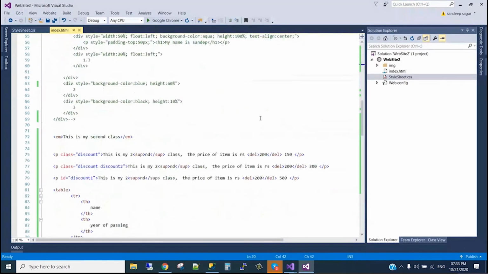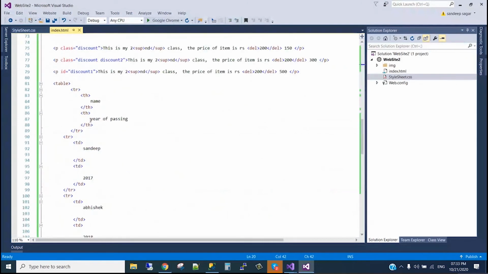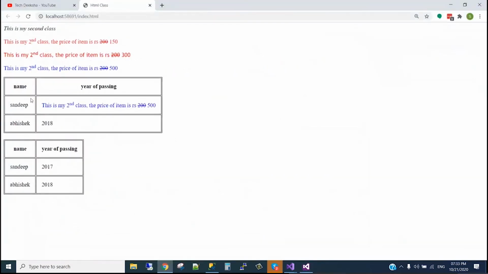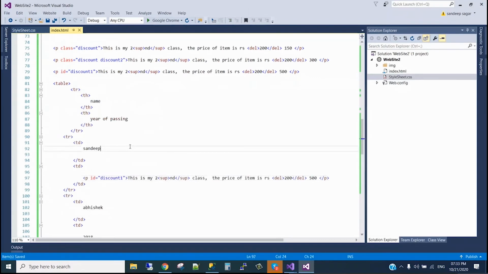Also, in the th tag we can use a paragraph, we can use an image, we can use a link, whatever we learned. If I copy this here and paste it in any of the rows, see, it will come here. We can use div also, em and everything.